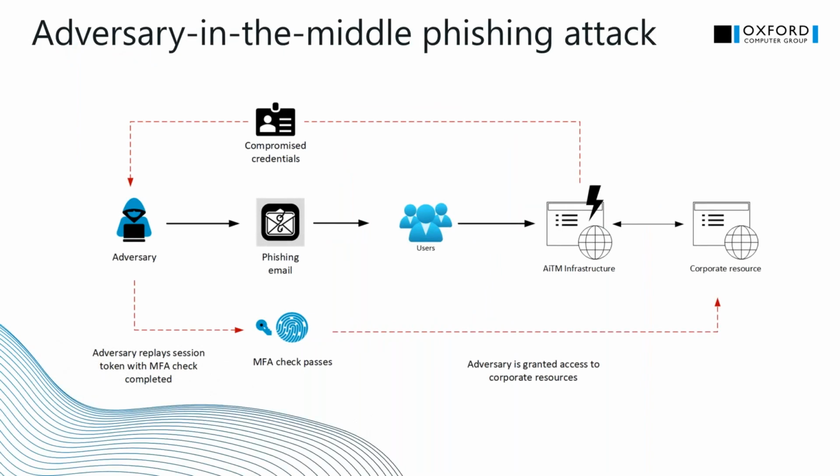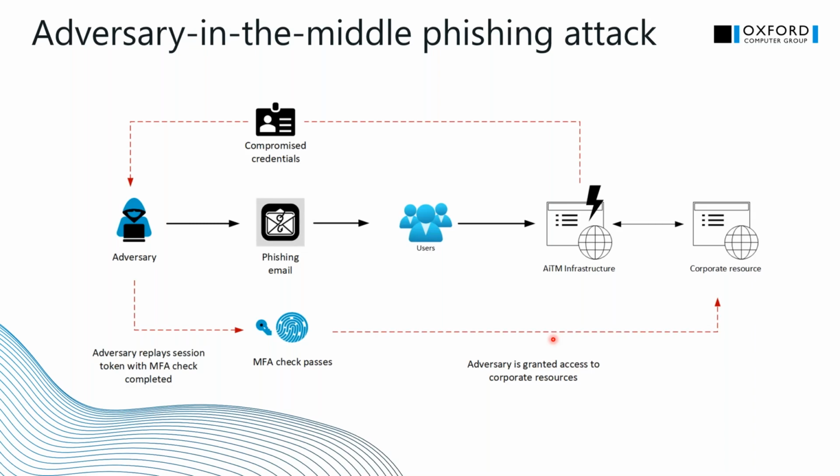But now in an adversary-in-the-middle phishing attack, again, same scenario, an adversary sends out a phishing email to a user, but now they've introduced some type of infrastructure in between that user to spoof, to mimic a Microsoft login page, for instance. They do a really good job of hiding that, of being able to mask where that information is actually going. And at that point, that infrastructure, and we've seen it with the Emotet, Evilginx2 is another framework